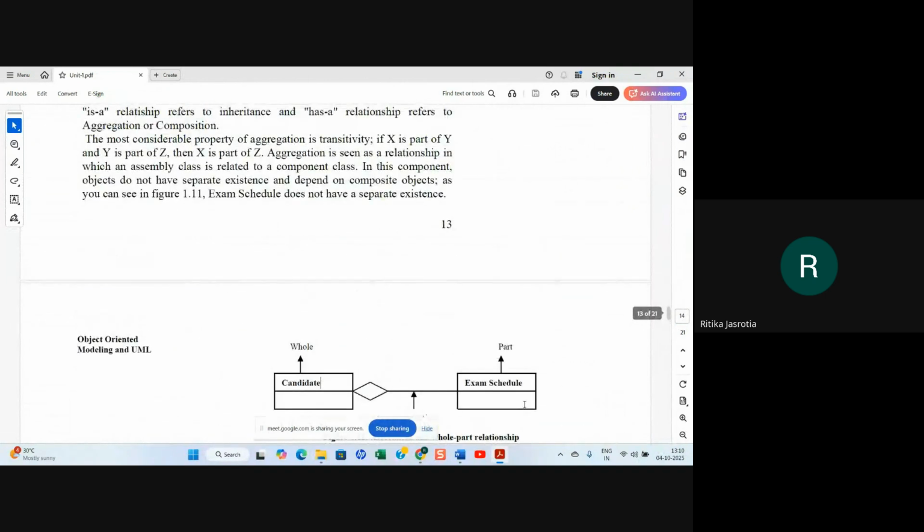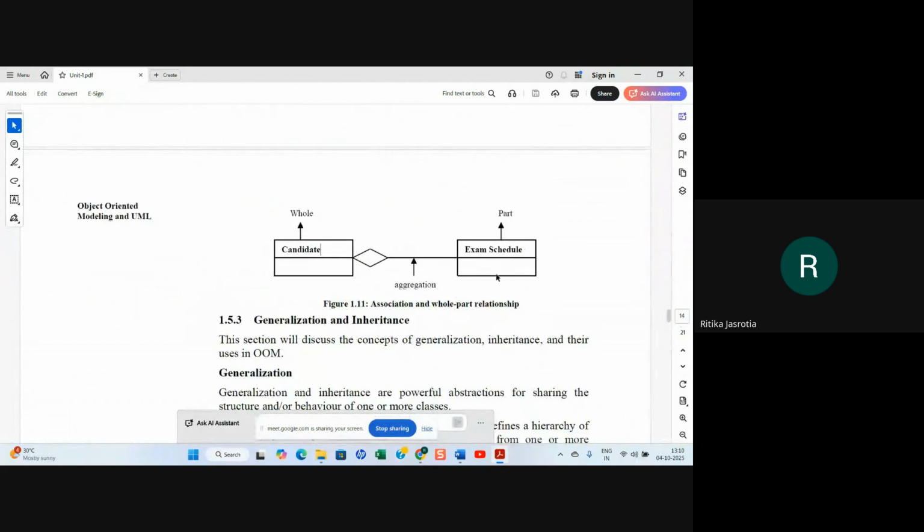Right. You also have composition. See, exam schedule can be separate also from the candidate, but it is part of the candidate in an examination system. It is part of the candidate, but it can be separate also, right? So this is whole-part. But when one class is fully dependent on the other, if that class is not there, the part one will also not remain. That is composition.